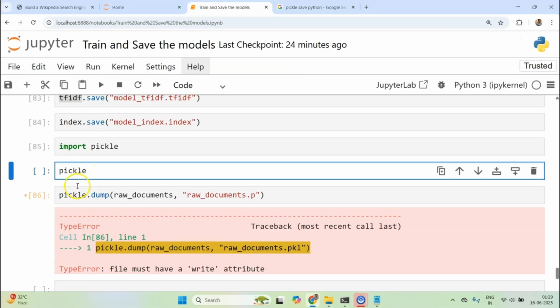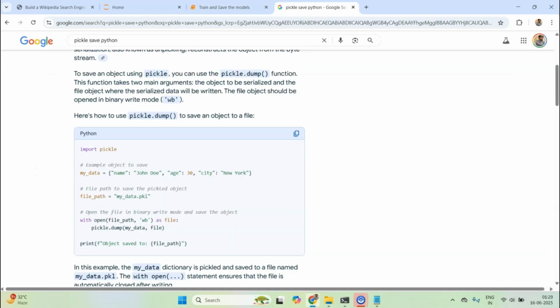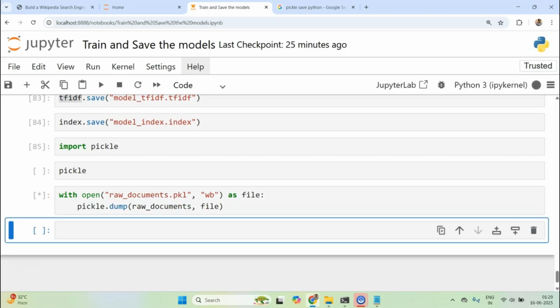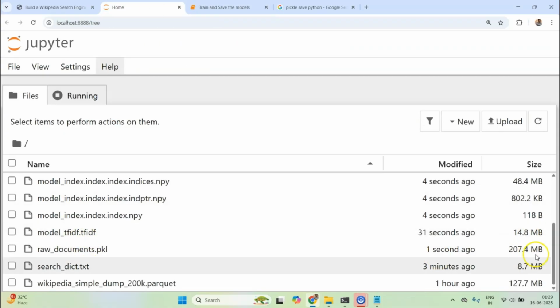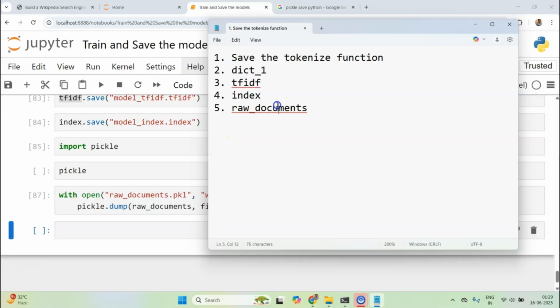I think the only thing we need here is with open, raw document dot pickle, and let me write it as pkl, and I'll write it as binary, so write binary as file, and then we can give it as a file reference. Now if I run this, it should save our raw documents as well. Let's look at raw documents.pickle. This is 207 megabytes. Okay, so now we are done saving all five things.